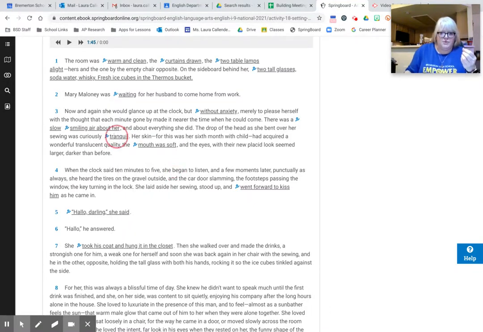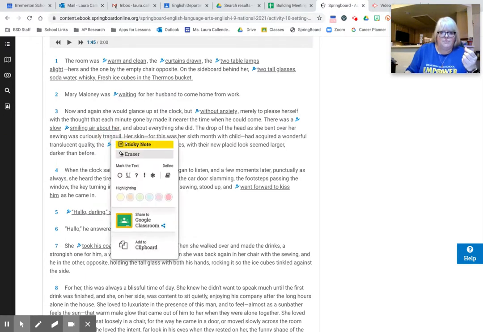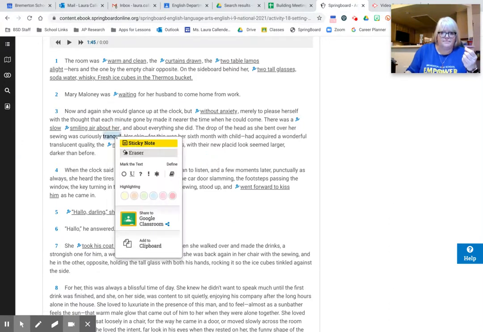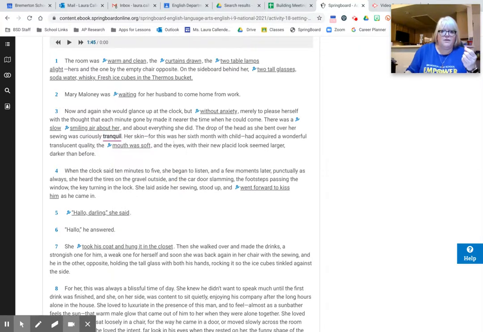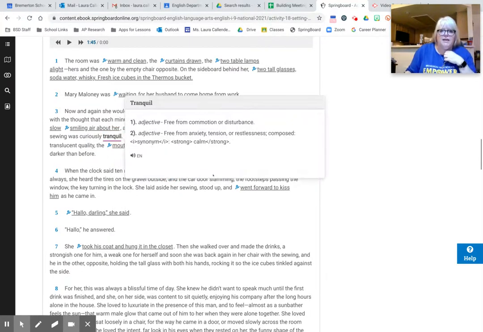It probably isn't doing that because I already have it marked for something else, so I'm going to go back and erase and then tell it to define. There we go. All right, so tranquil meaning free from commotion or disturbance.